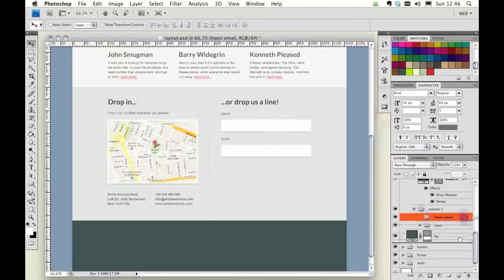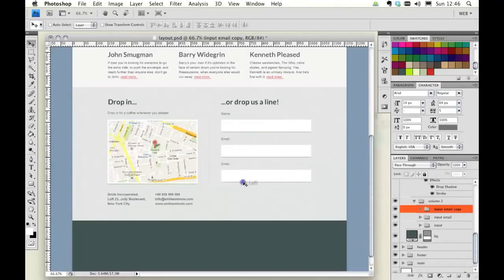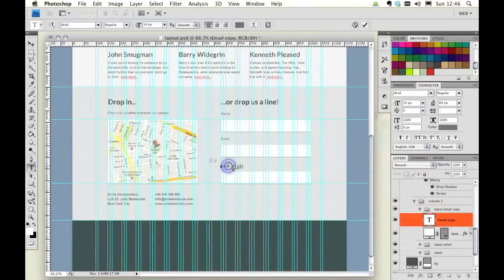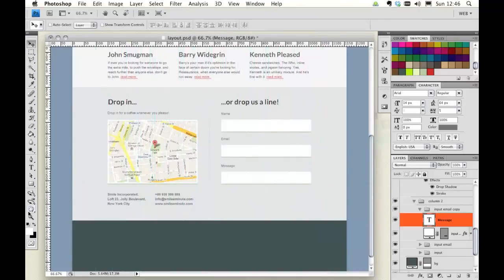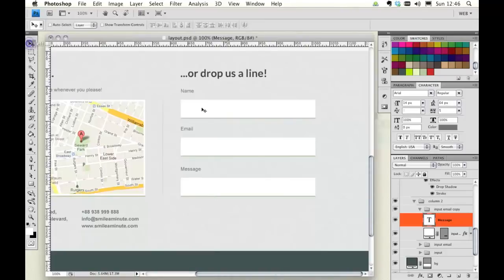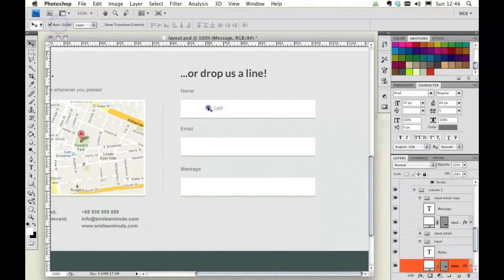Now lastly, we want a message input, a text area. So we'll drag that down to there, bring up our guides again, so that matches the bottom of our other one. Okay, now this would suggest to me that my inputs are way too large here. If I go to the actual pixels, you see these are unnecessarily big, because I would like this message really to be larger. So I'm going to